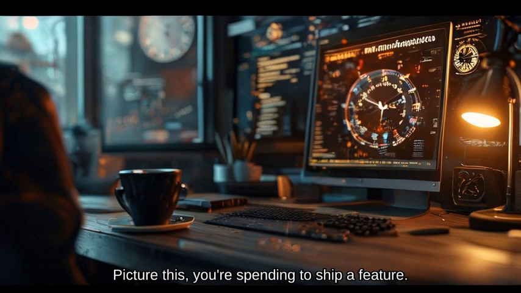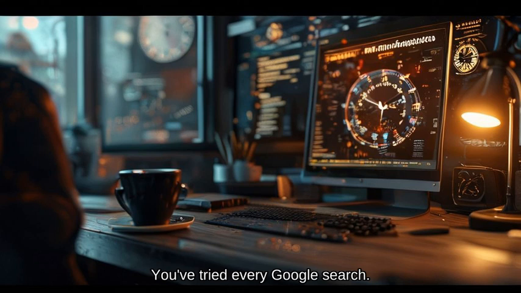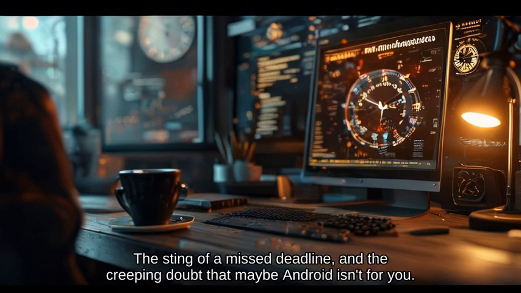Picture this. You're sprinting to ship a feature. The app crashes on every device. And the stack trace looks like a foreign language. You've tried every Google search, scoured official docs, yet the fix stays elusive. You feel the pressure from product, the sting of a missed deadline, and the creeping doubt that maybe Android isn't